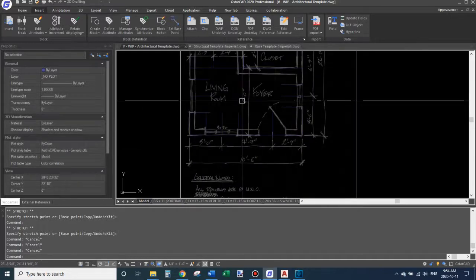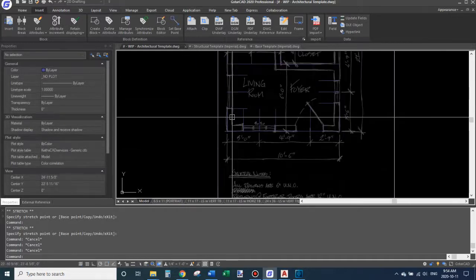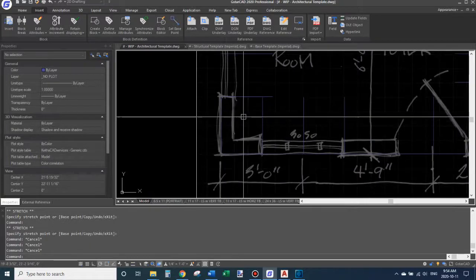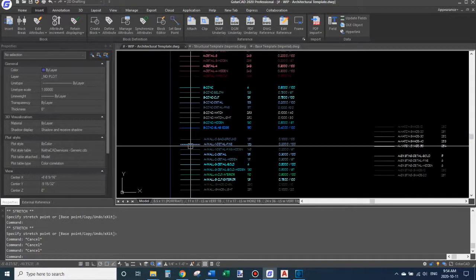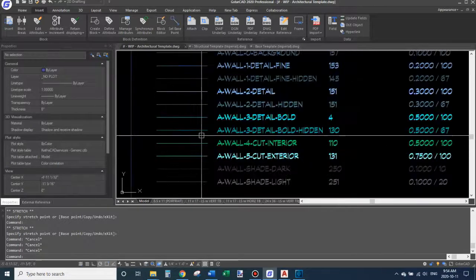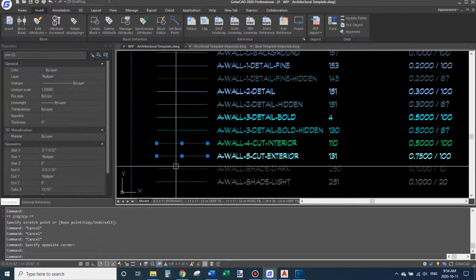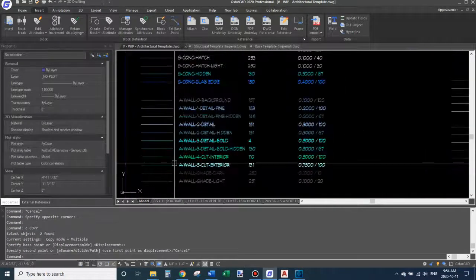Okay, so I'm ready to actually start the tracing process. First, I'm going to use my wall routine. But first I'm just going to copy a couple lines here. I'm going to copy these 2 lines right here. They'll make it easier to switch the